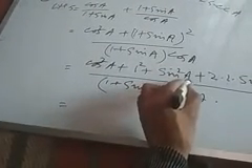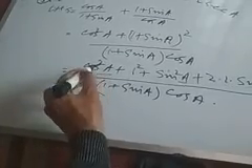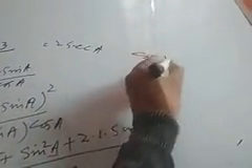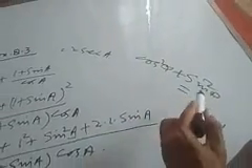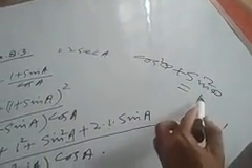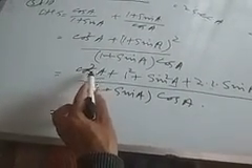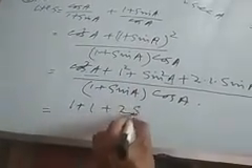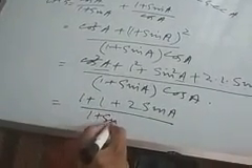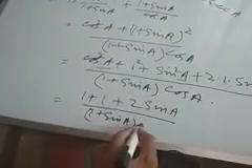As you know, cos square theta plus sin square theta equal to 1. Use this first identity, cos square theta plus sin square theta equal to 1. Here instead of theta we have a, so cos square a plus sin square a equal to 1 using the first identity. So 1 plus 1 square is also 1, plus 2 ones are 2 sin a, divided by 1 plus sin a into cos a.